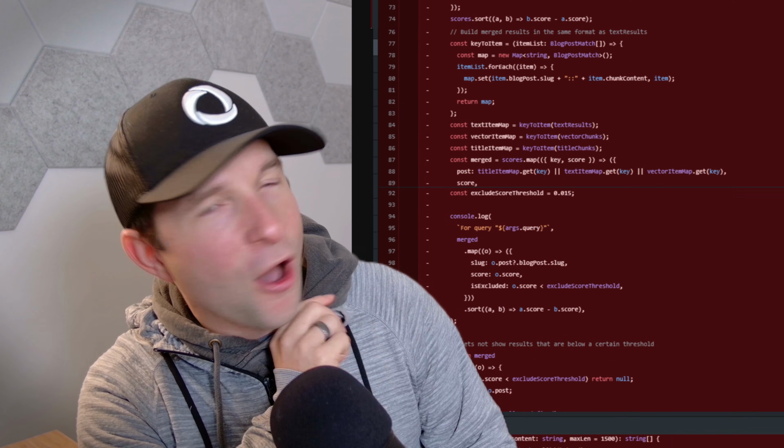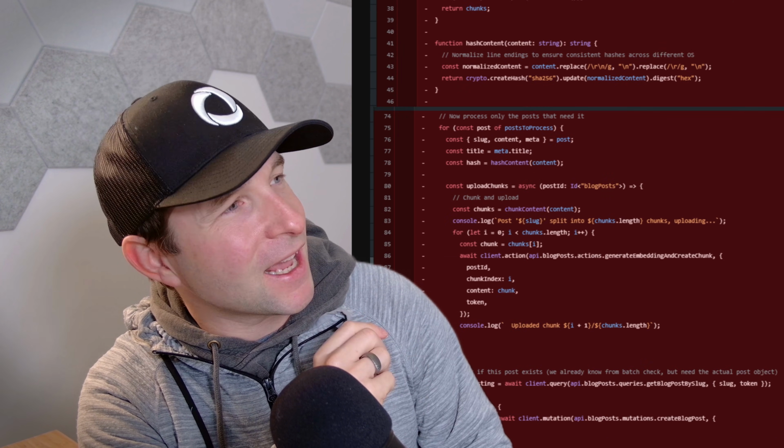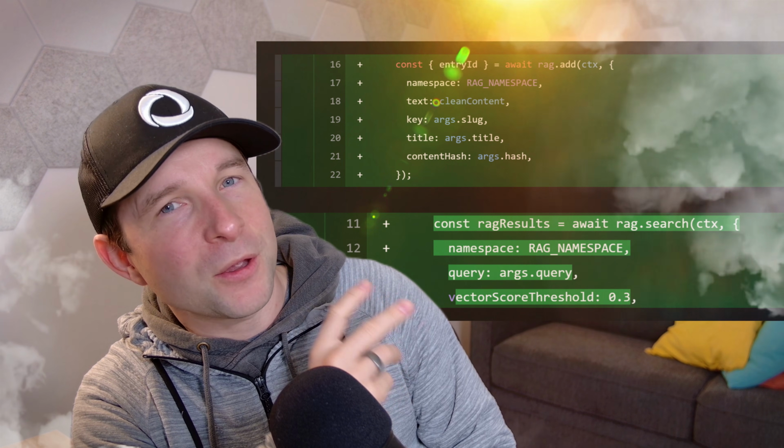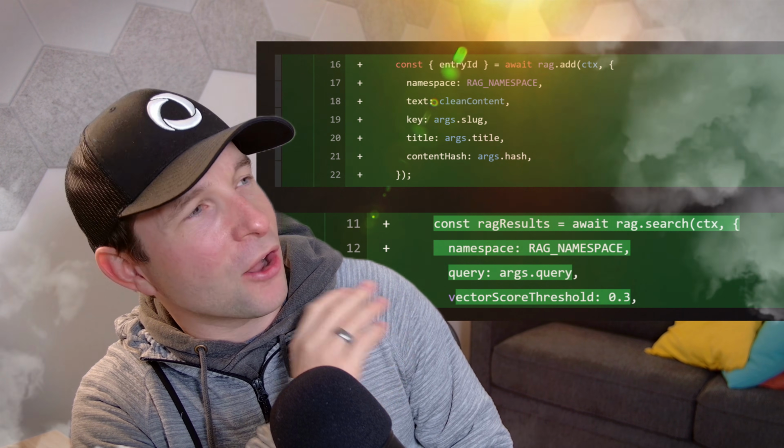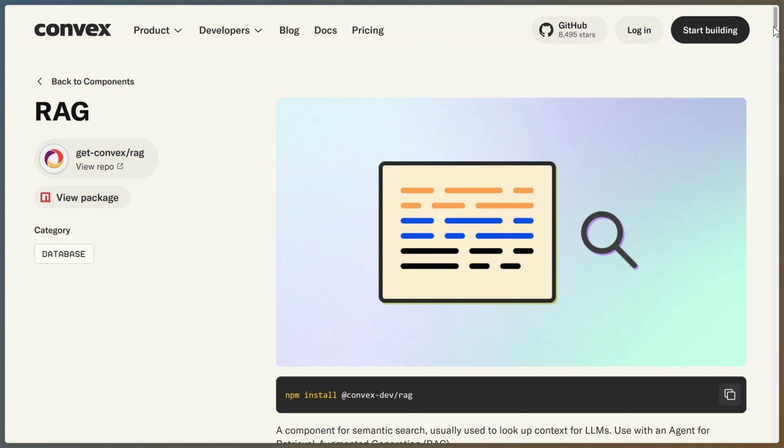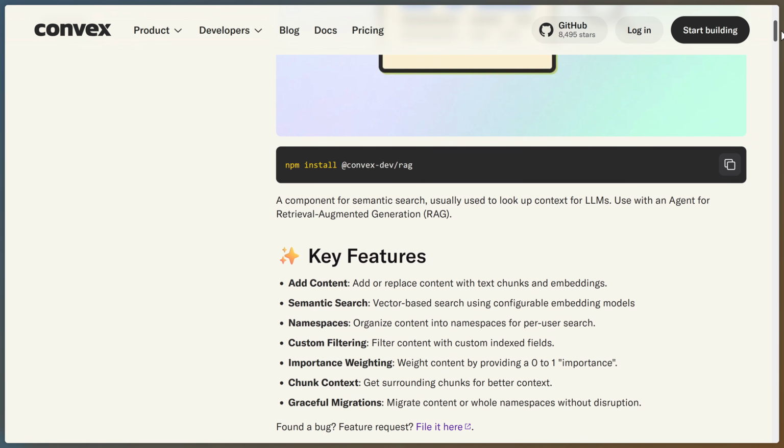See this diff? Hundreds of lines of nasty complexity gone. Swap for a few simple lines, my AI bot now skims hundreds of documents in milliseconds. Meet Convex's new RAG component. In this video, I'll show you how to drop it into your project and upgrade your AI search without writing